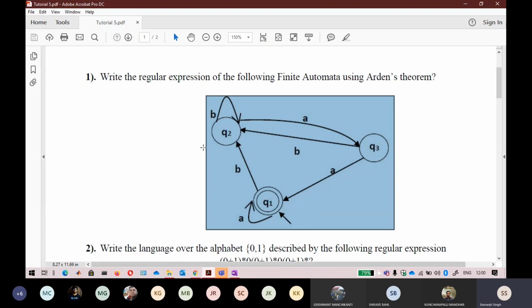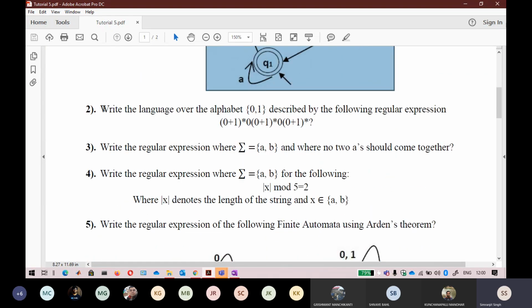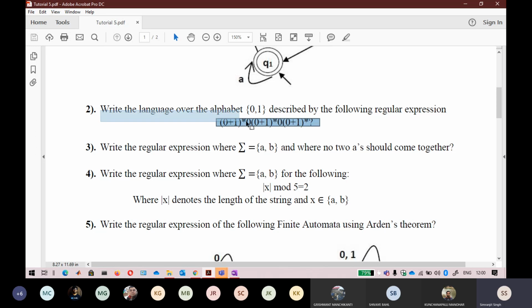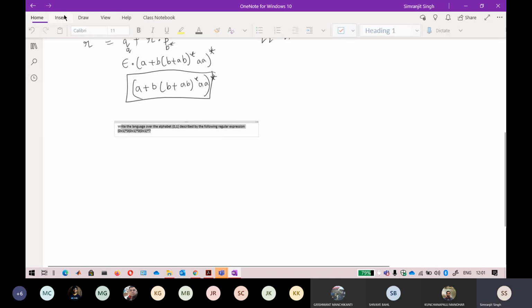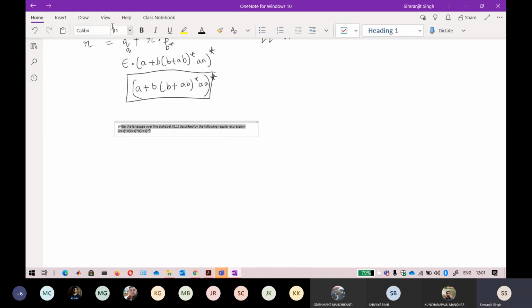So the next question is a fairly basic one. I think most of you have done this. I don't think you will face any kind of problem in doing this second answer. Can anybody tell me the answer of the second one? We have done this many number of times. Let me increase the size here. Just post your solution in the chat box.